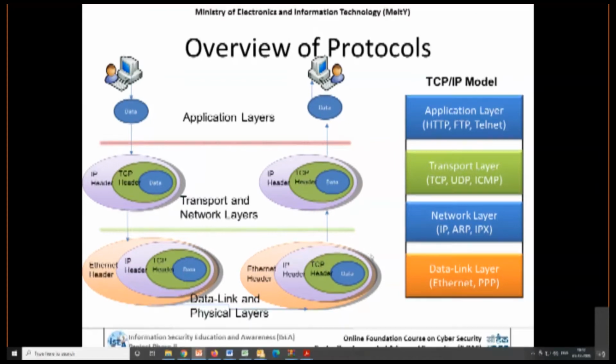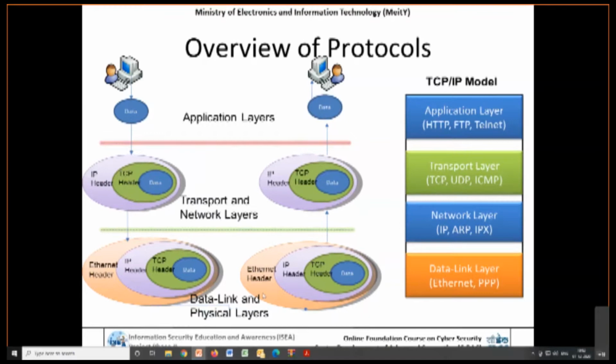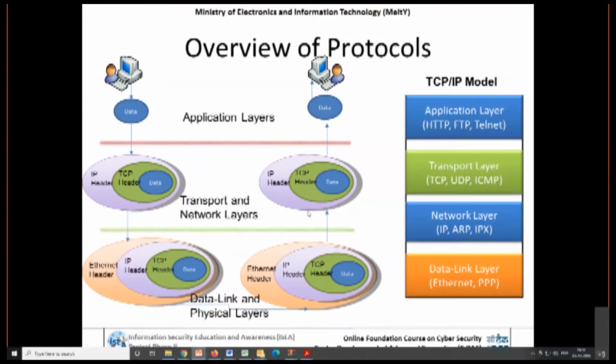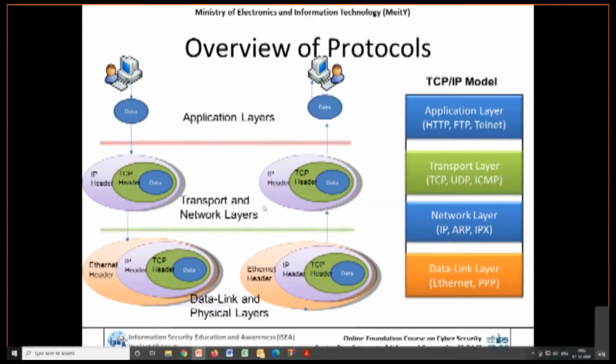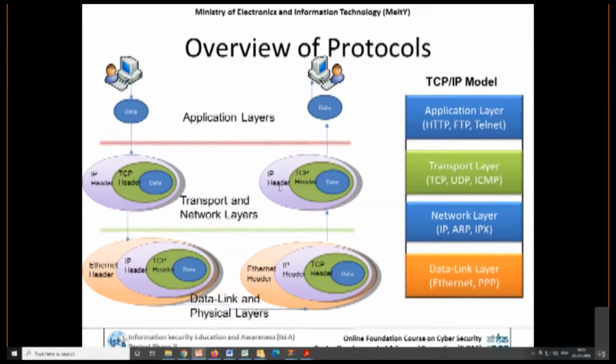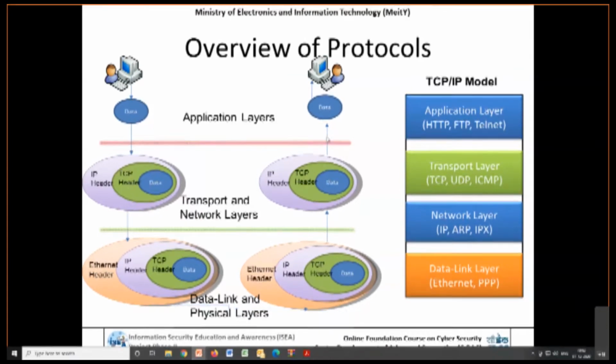When you are receiving, your Ethernet card can understand the Ethernet layer, and after removing this header, it pushes towards the transport and network layers. After removing the IP header and TCP header, it further pushes to the application layer, where the end user can see the data.